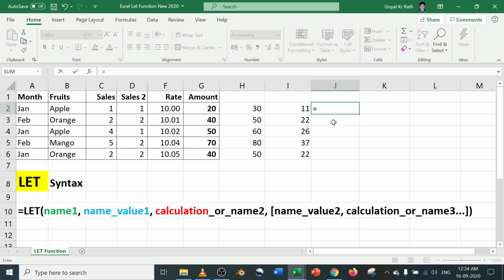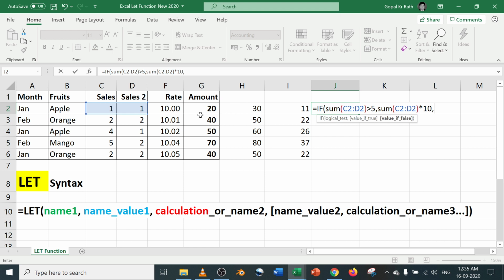So equal to IF, let's say the sum of both the cells is greater than 5, then take the sum of both the cells multiplied with 10, right?